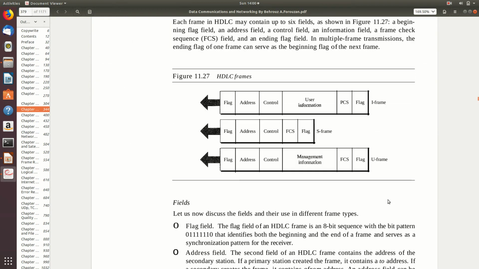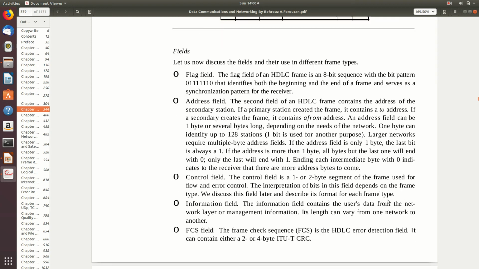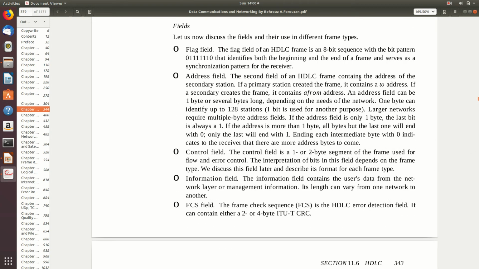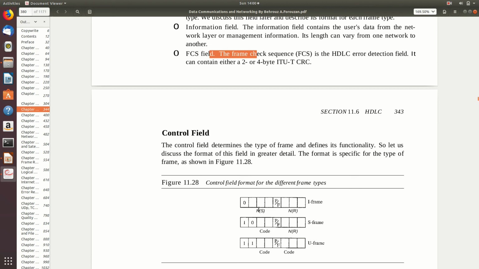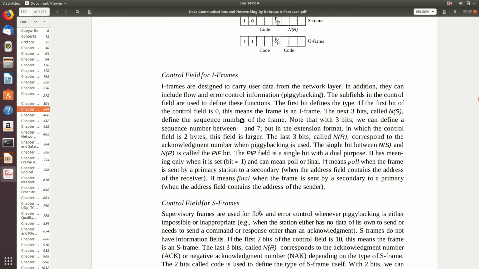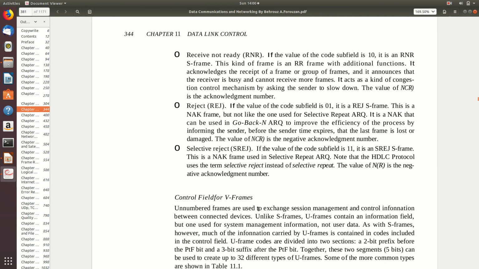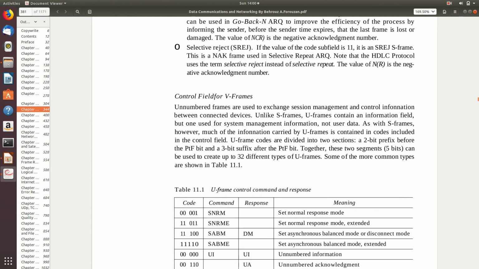For a 5-mark question, whatever I explained so far, you can highlight. But depending on the marks, sometimes they may specifically ask what the different types of HDLC frame are. In that case, you can explain like this, and the fields were explained: everything you are already familiar with, like the pattern, the control information, the address field, and the frame check sequence, that is, the CRC pattern. The control field itself goes into some detail. Too much detail is not needed, but some minimum reading will be good, right? That is why I thought of showing you this textbook also. Depending on your time availability, you can read this also.